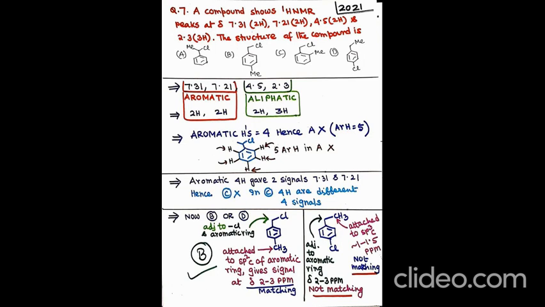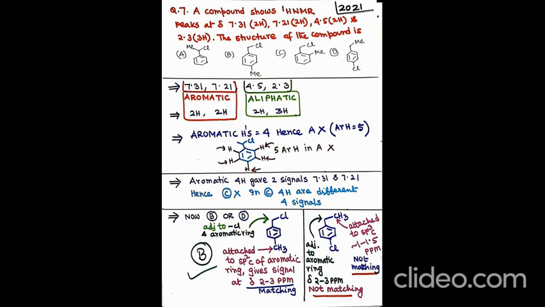Now let us move to the question which appeared in 2021, that is question number 7. A compound shows 1H NMR peaks at delta 7.31 for 2 hydrogen, 7.21 for 2 hydrogen, delta 4.5 for 2 hydrogen and 2.3 for 3 hydrogen. The structure of the compound is one of 4 options A, B, C, D. Out of them, we have to find the one compound which will show the above-mentioned